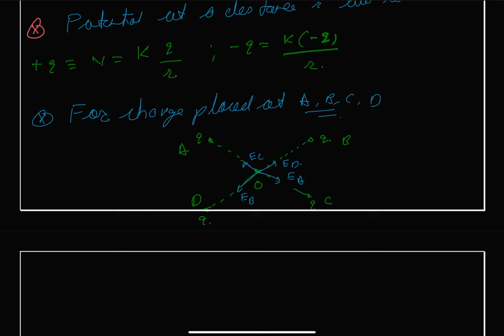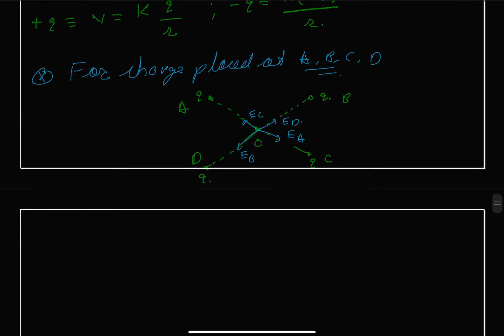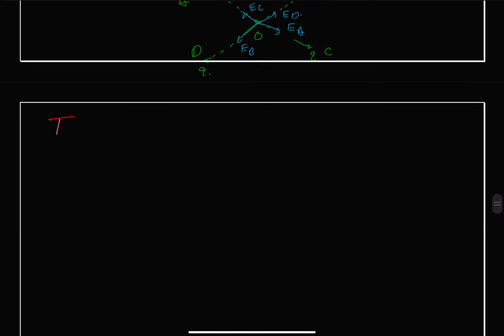So net electric field because of all these positive charges will be equal to 0, because their magnitude is same but direction is opposite. So for the charges placed at A, B and C and D, the net electric field at O, let us call this as E net, will be equal to